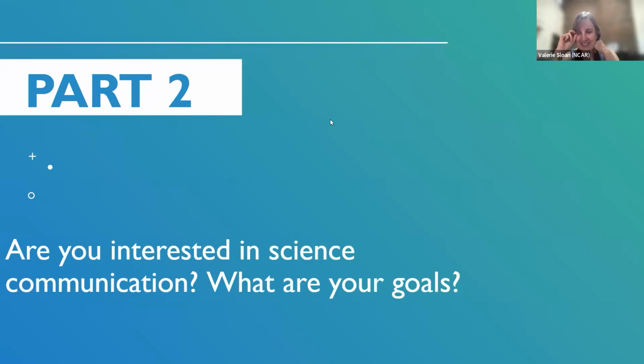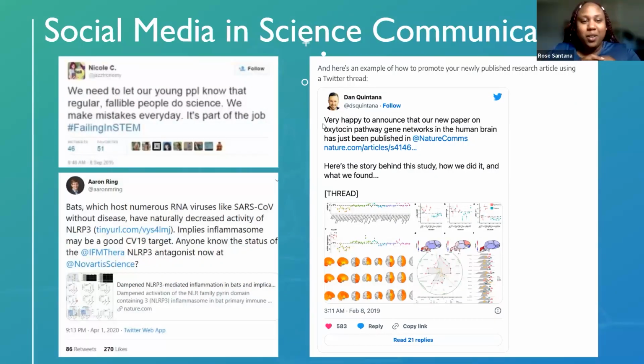Okay. Right. So, like we said, social media has changed the way scientists communicate their science. Like on the right-hand side, you have scientists now being able to share their findings and their information with the public without there being a middleman, which is such a great thing. And I feel like it's also changed the way we internally, as scientists, communicate with one another. It wasn't until I joined Twitter that I realized failing was perfectly normal within the scientific community. I always thought, oh no, I'm failing out here. And it wasn't until we were actually connected with other scientists using social media that I realized it's not that bad. We all fail and that's okay.